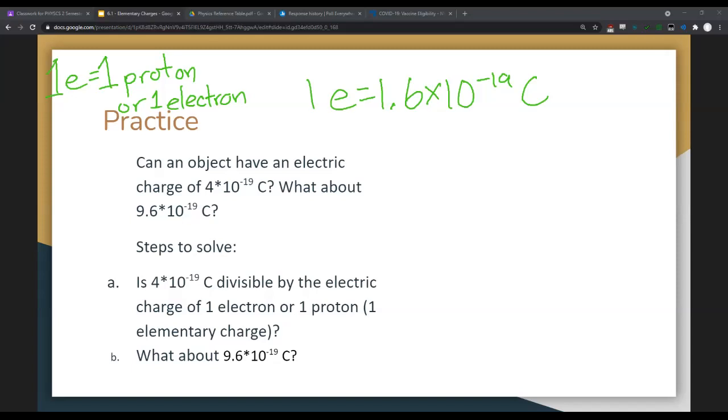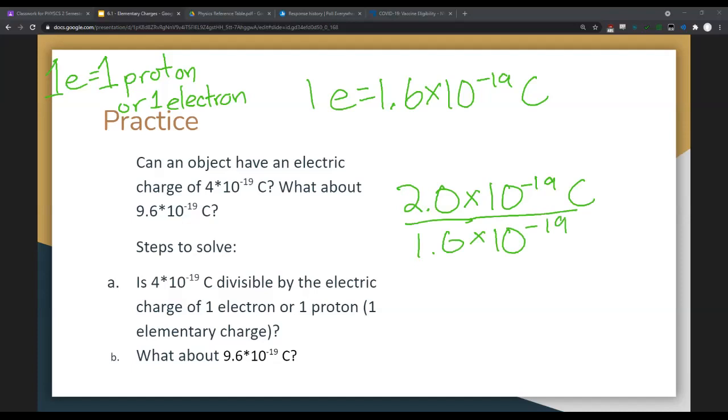And well, let's say an object has a charge of, well, this is impossible, a charge of 2 times 10 to the negative 19 coulombs. That's basically saying, because if you divide it by the amount of protons or electrons, what you're going to get here is